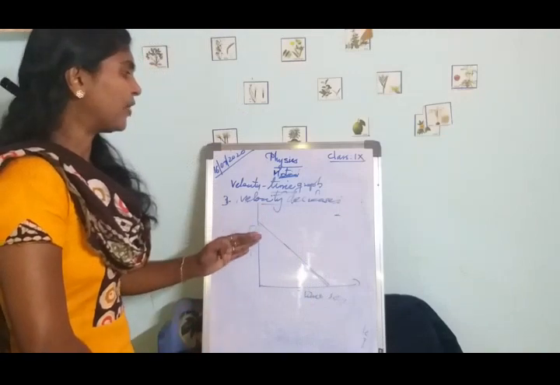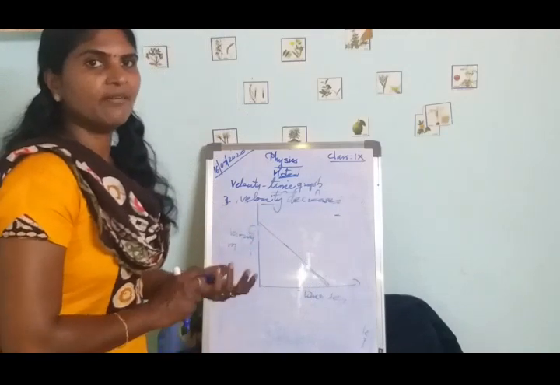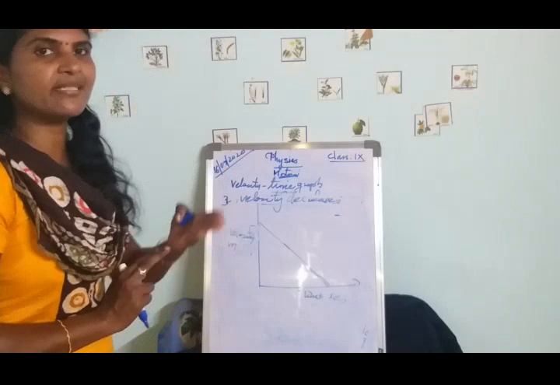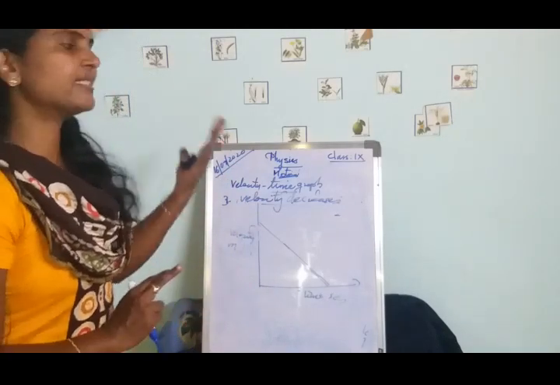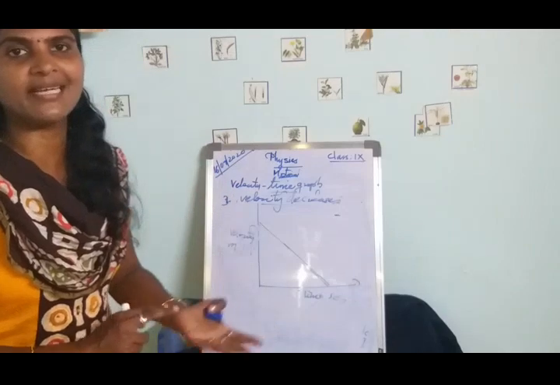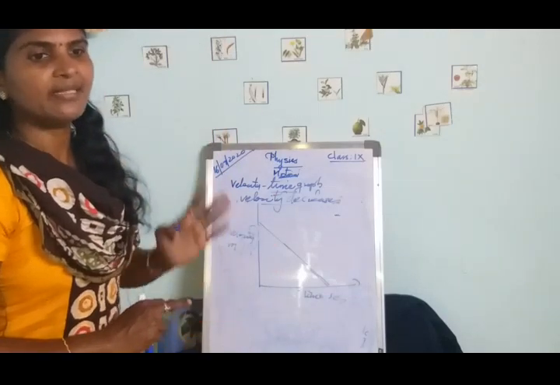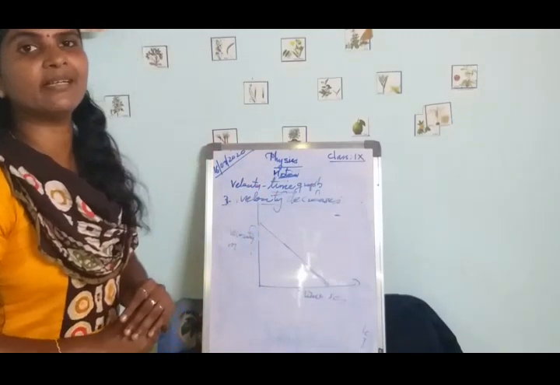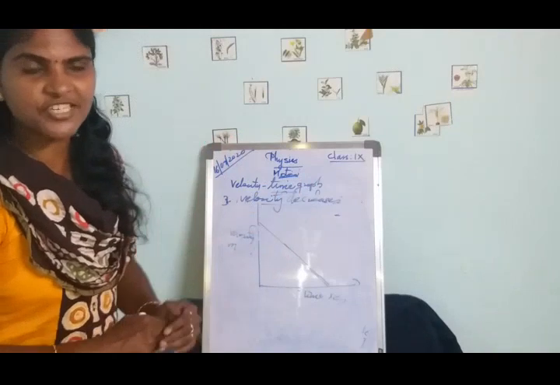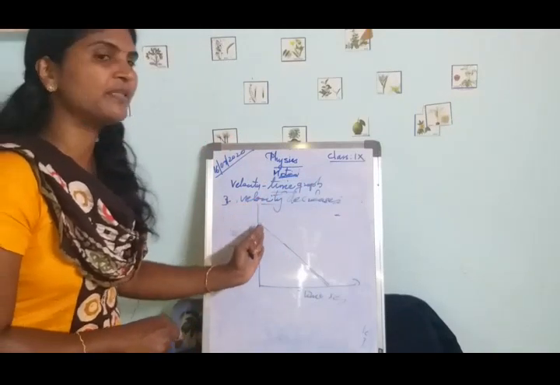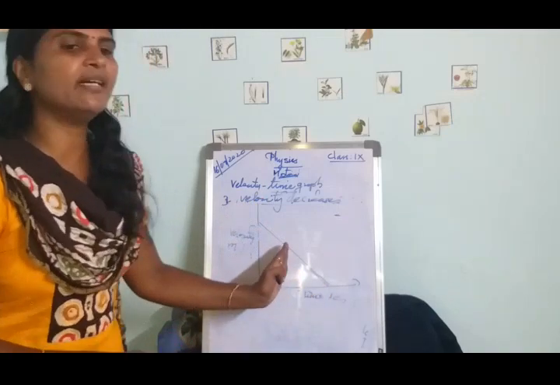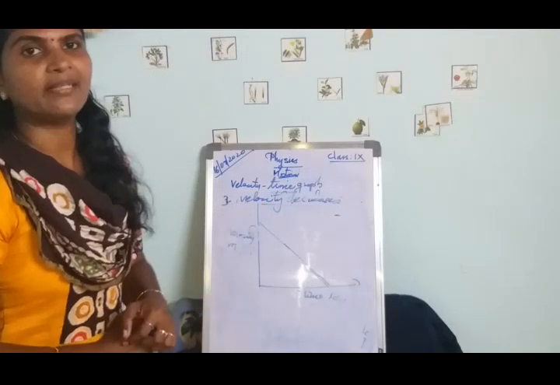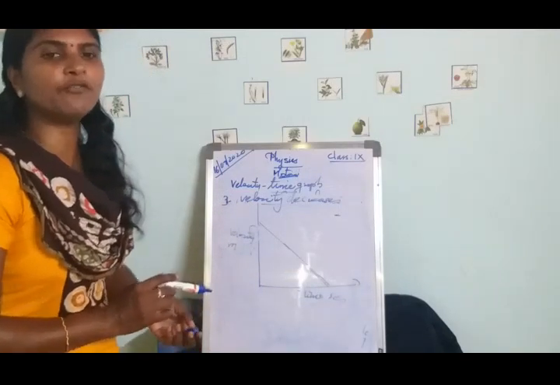Okay, that is about the velocity time graph for an object in different conditions. First we studied the velocity time graph for an object in uniform motion. Its nature is a straight line parallel to the time axis. The next, the velocity time graph for an object in uniform acceleration is an inclined straight line. The next is the velocity time graph for an object in non-uniform acceleration, and it can have any shape. Then the velocity time graph for an object whose velocity decreases with time looks like this. Okay, that is about the graphical representation of motion.